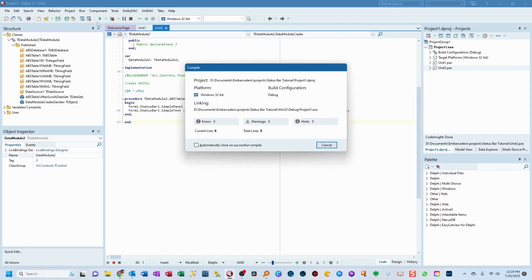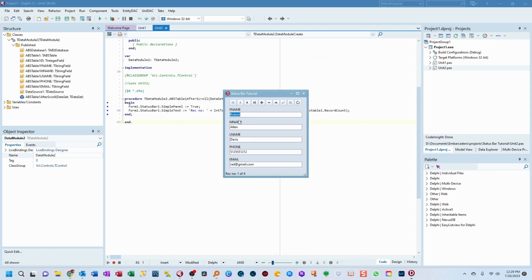So again, as we see, it updated because we opened, and that fires a scroll event, and each navigation or scroll event afterwards updates that too. So you can have this simple text status bar, but there's another kind,